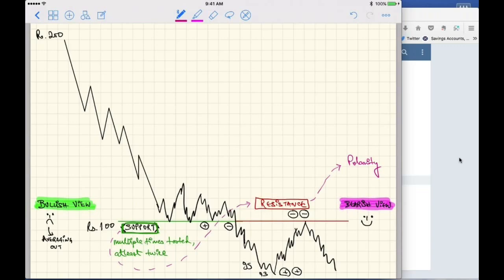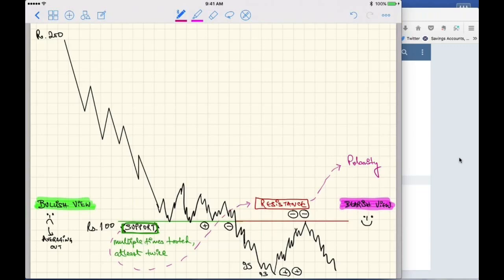I'll take you to some practical charts and will show you how this works. But remember one thing, once you spot a valid support or a valid resistance, valid meaning more than twice tested at that level, and if that level is eventually broken in the future, then quickly it will reverse its nature. From a zone of buying, it will become a zone of selling, and vice versa. This principle is called polarity.